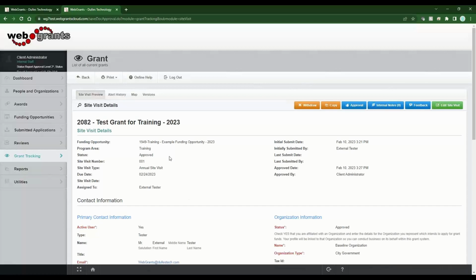Maybe it's this cycle, this funding opportunity. But an organization can have like 5 different grants under here, and it's easier to do an organization level site visit instead of one per grant. And so they'll just use their yearly funding opportunity for their organization site visits. But I've also had some other clients that will set up an actual funding opportunity that's never intended to